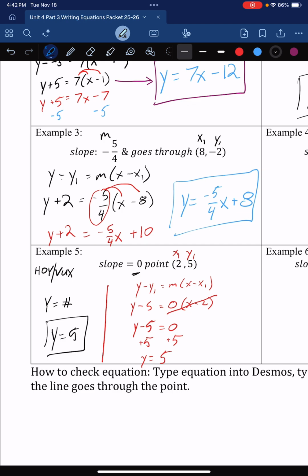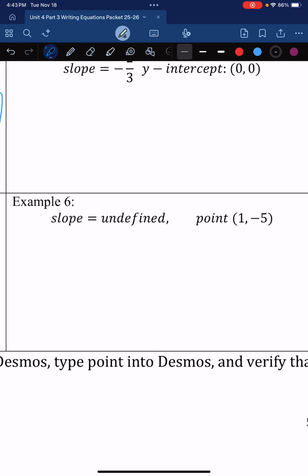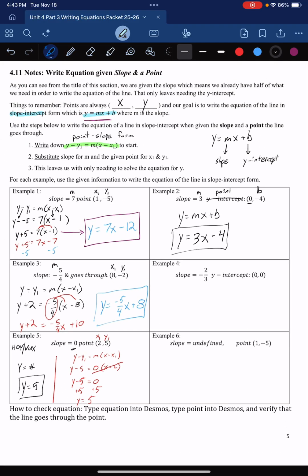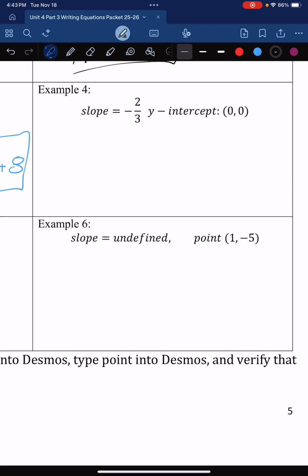In the same capacity that when we look at number 6 here for a slope that's undefined, automatically I know this one is going to be a different situation than the first couple of problems we did, because if I went to try to do it like I did 1 and 3, I can't plug the word undefined in for my slope. That would be plugging a word into an equation, and that's just weird from the beginning. And so automatically I know that something is off about this problem, or just different about this problem. And the thing that's different is the fact that this undefined should automatically tell me that this is a vertical line,